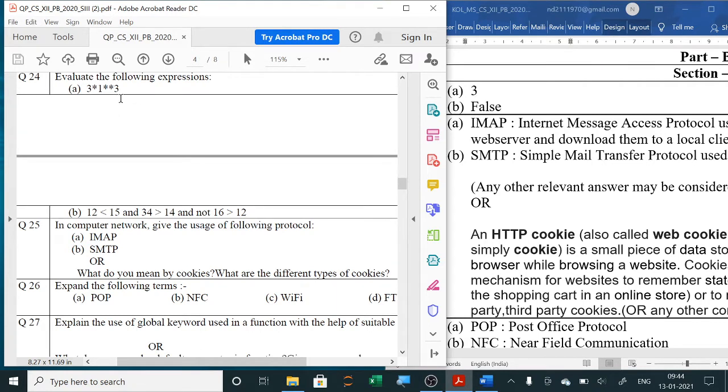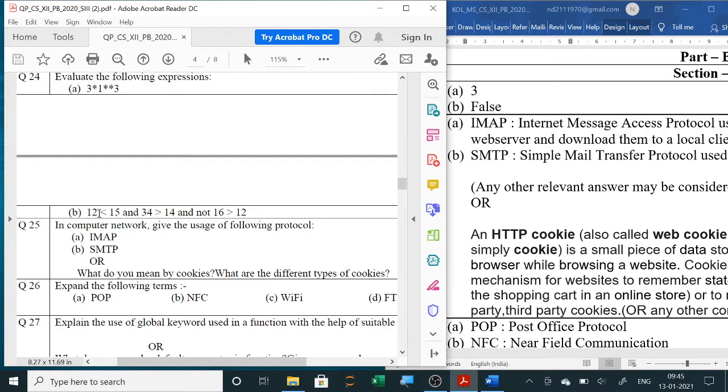Now in this evaluation you have already learned that only to the power is from right to left. The rest will be from left to right, and star, slash, double slash, percent, that is multiplication, division, floor division and modulus, will be executed first from left to right, and then plus and minus will be executed, evaluated from left to right.